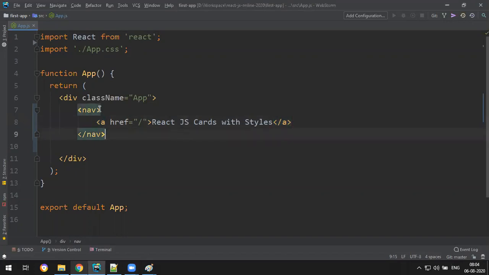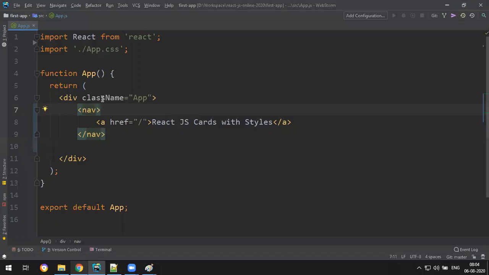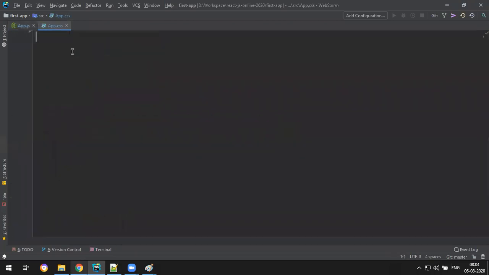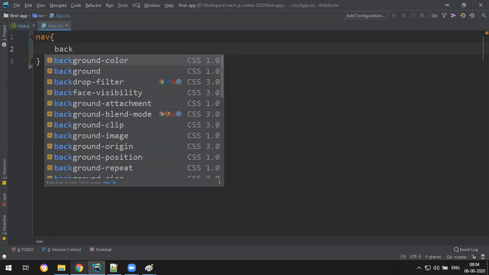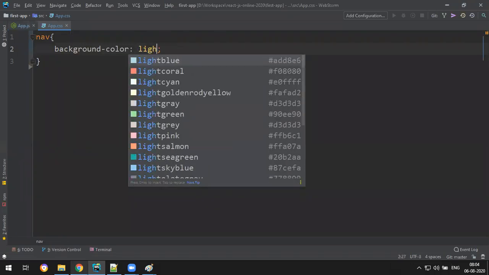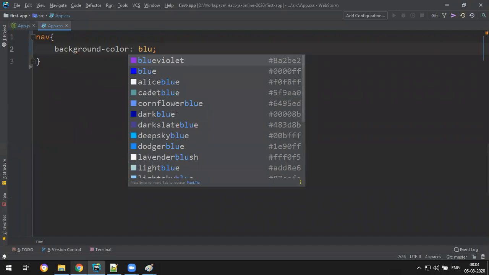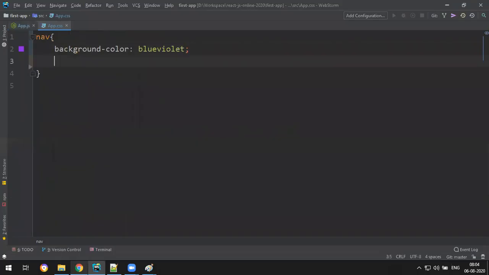Okay, so the nav anchor tag is done, and let me give some styles for this. I have written the nav bar with an anchor tag, and I want to apply styles. So go to app.css. Let's say the nav bar. Let's add some background color, say blue violet. Let's add a little padding, 5 pixels.